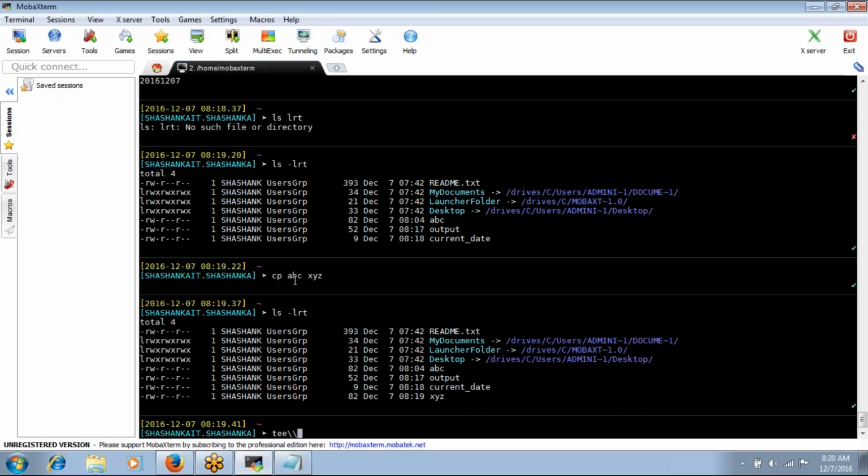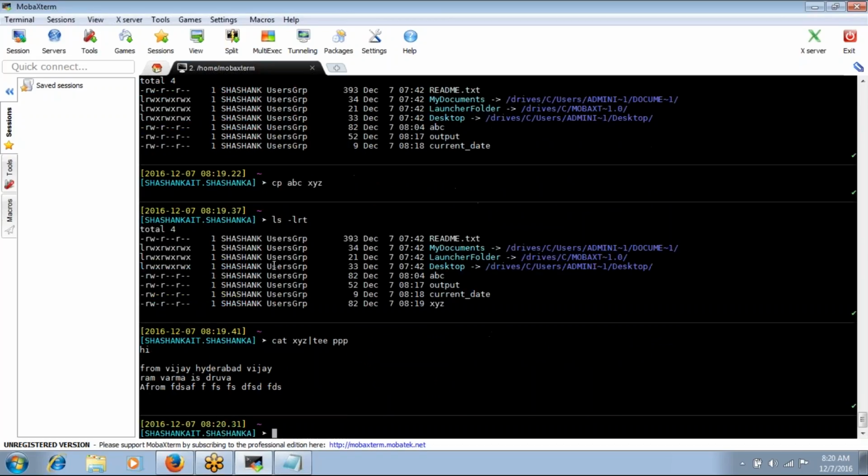You need to use cat first: cat XYZ opens the file, and that content is copied to some file, triple P. So it opens the file and shows the content before the copy.